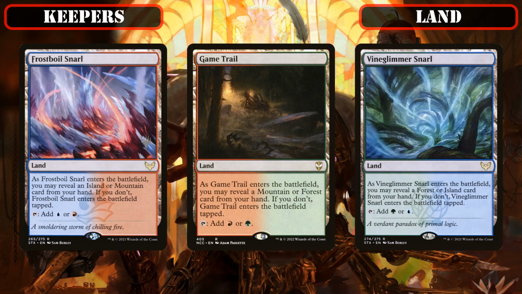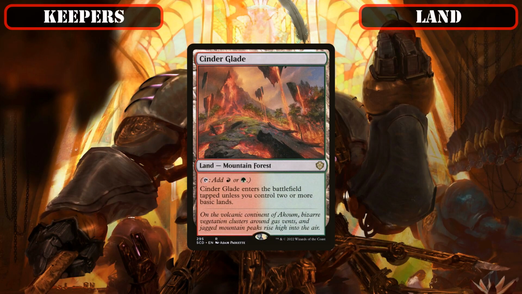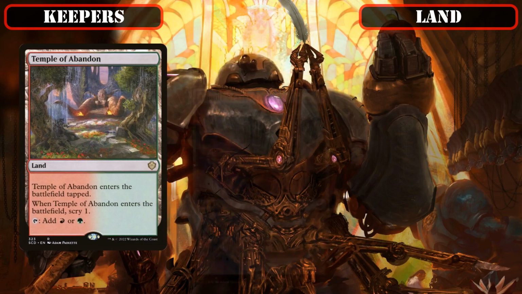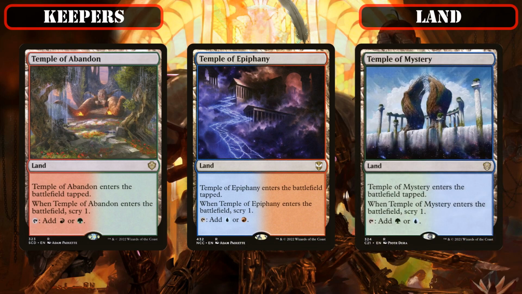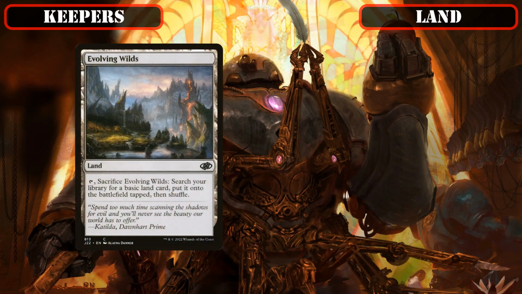to come into play untapped thanks to our high number of basics to help speed up our mana base, the Battle land Cinderglade staying in as well as another dual-colored land that makes use of our basics to come into play untapped, the Scrylands Temple of Abandon, Temple of Epiphany, and Temple of Mystery all holding onto their spots as more duals that, while slow, do help improve consistency with their ETB Scry, the slow fetches Evolving Wilds and Terramorphic